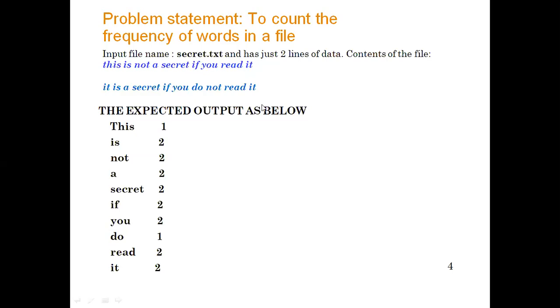So this is a simple input text file written in blue color, which consists of two lines. So this secret.txt file consists of two lines of data.